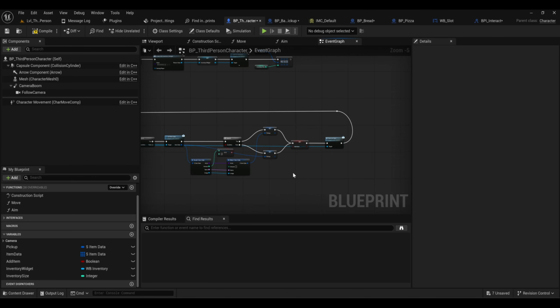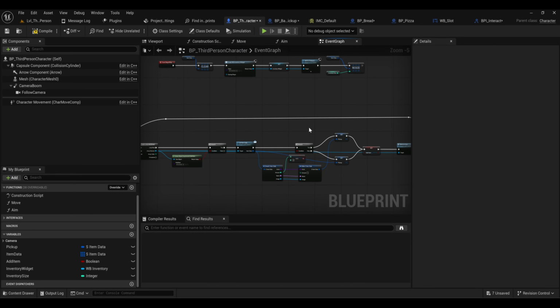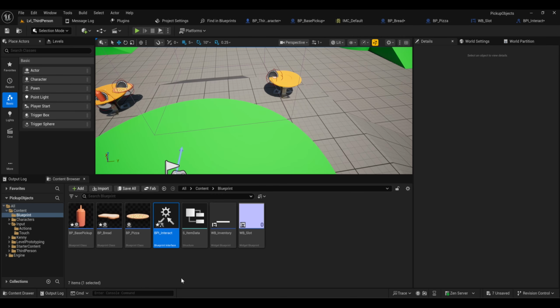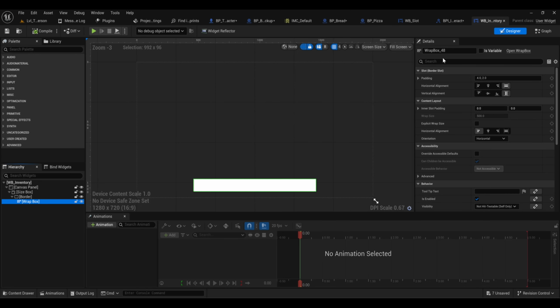Now, I think what we need to do before we get started on more of this logic is just set up a bit more of the inventory system. So if I go back to my, it's actually on the top. If I just find the WB inventory and open that up, what I want to do is get the inventory and basically make this into a function we can use. Now let's just check everything here is set up correctly. So if I just check wrapbox, no. What I'm going to do is just make sure this is named wrapbox and make this a variable also and compile it. And we're going to go into our graph